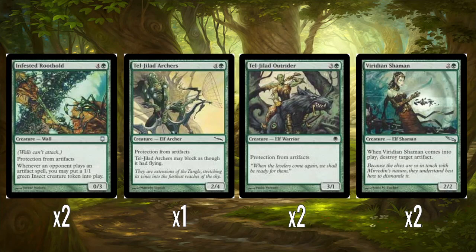In my review of Wicked Big, which was in Mirrodin, I already went on about how unhappy I am with how green is treated in Mirrodin. But I won't repeat that here. These are just a bunch of anti-artifact green cards. So this is a new card, Infested Roothold. 5 mana for a 0/3 defender, protection from artifacts, and whenever an opponent casts an artifact spell, you get